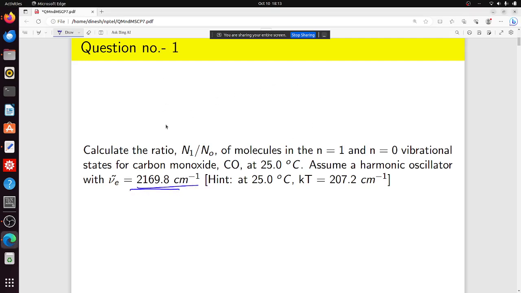Okay, so what we have to calculate? We have to calculate the ratio n1 over n0. That means the number of particles in n1 state divided by the number of particles in n0 state. So this is n0, this is n equal to 1. Okay, so